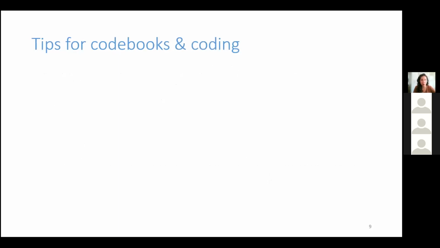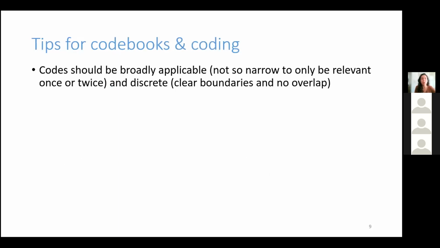Some tips for code books and coding. Code book development is hard, as Risa said, because you're walking a tightrope. These are a few of the ways that shows up. The first is that the codes you develop need to be broadly applicable. You don't want them to be so narrow that you only use them once or twice. That's not very useful. You want codes that you can use a bunch of times across these transcripts,